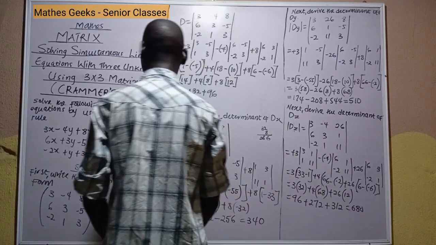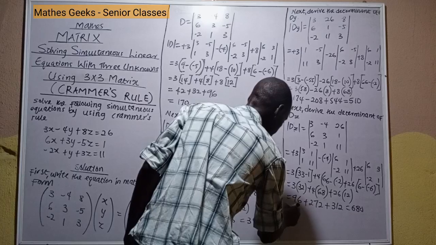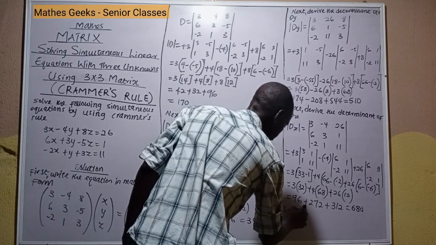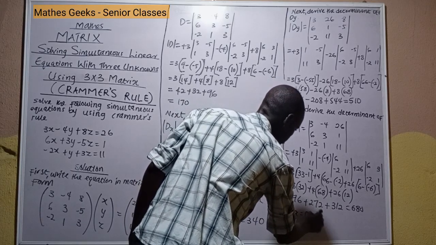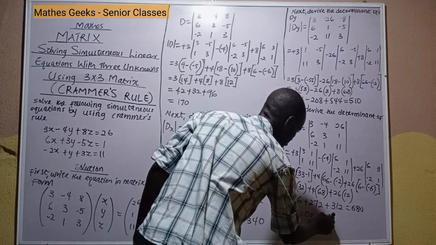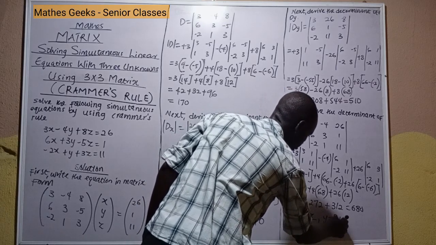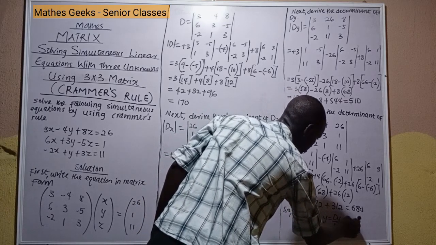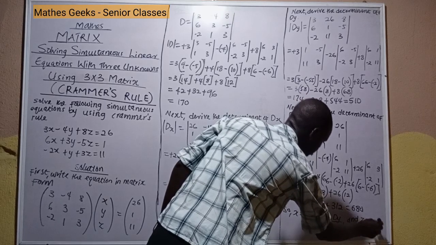The next thing is, x is equal to dx over d, y is equal to dy over d, and z is equal to